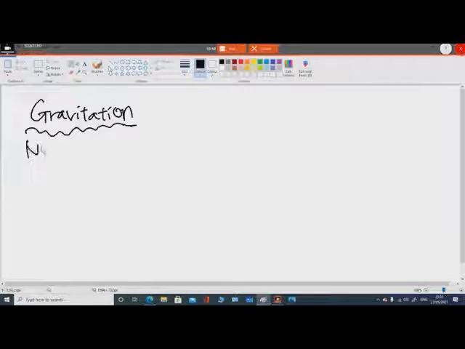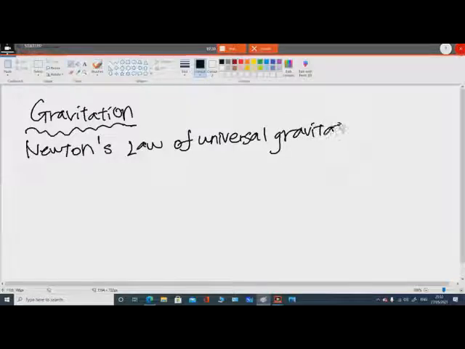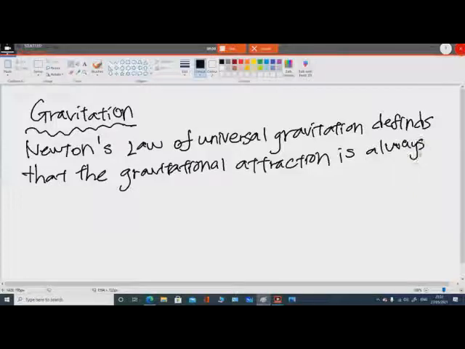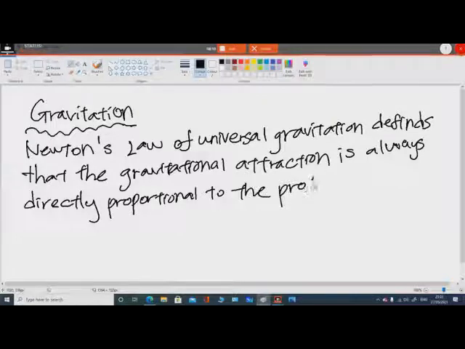Based on Newton's law of universal gravitation, which defines that the gravitational attractive force is always directly proportional to the product of the two masses